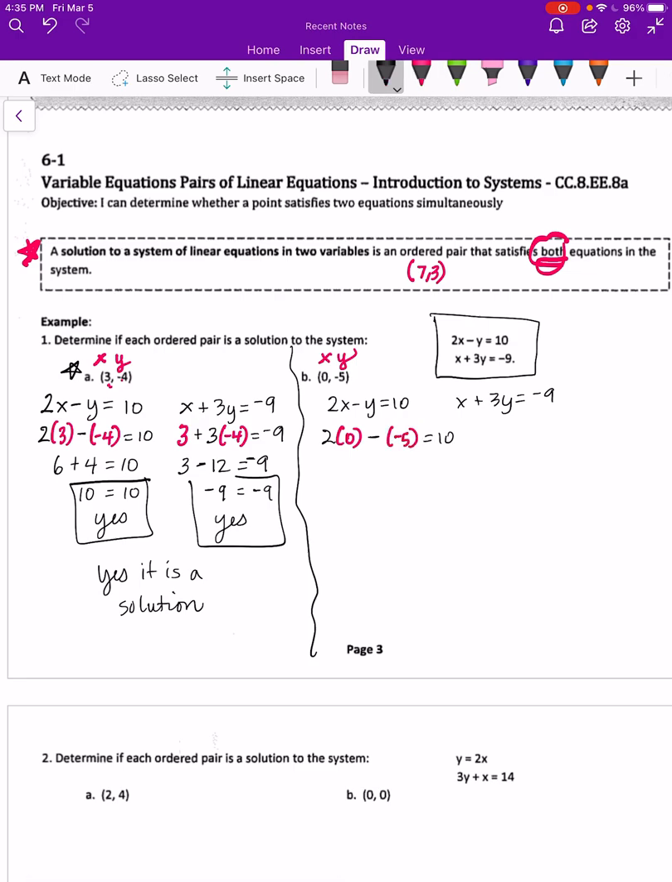And I'm going to solve. So I've got 2 times 0, which is 0, minus and minus, which make a plus 5, equals 10. Does 5 equal 10? It doesn't. So I'm going to put a line through my equal sign because it doesn't equal, and I'm going to write